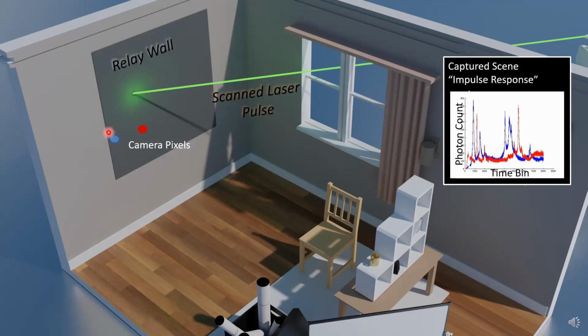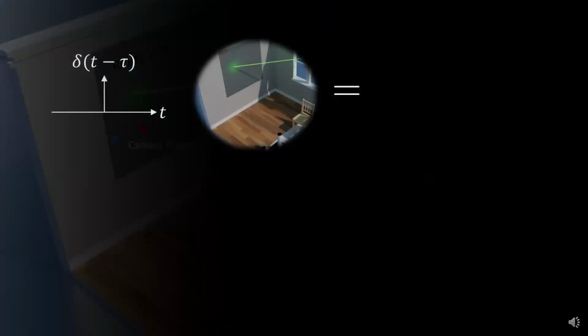And you can see that that distance is different for the different camera pixels, right? So for example, for the chair, it would take a little longer for it to get to the blue spot than it takes for it to get to the red spot. And that's why the peaks all happen at different times. So that's the kind of information we work with. Of course, we can scan our laser across the entire wall. All the points on the wall are available to us. And we can also have a camera that essentially images all the pixels on the wall. So that's the information we could capture. And the objective is, from that information, we want to reconstruct an image of the hidden scene.